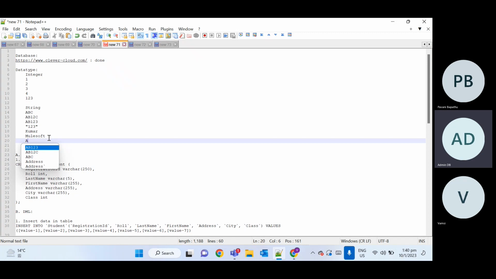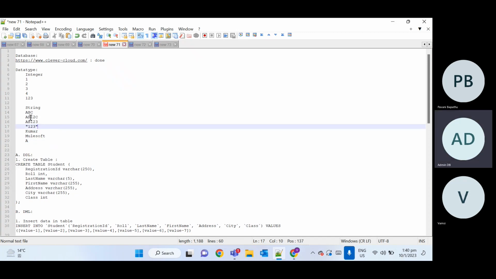In data types, we have the string data type and the integer data type. You can see 1, 2, 3, 4, 5, like 123. All these are integer data type. ABC, AB123, these all are string data type. This 123 inside double quotes is also a string. 123 by itself is an integer, but within the double quotes,